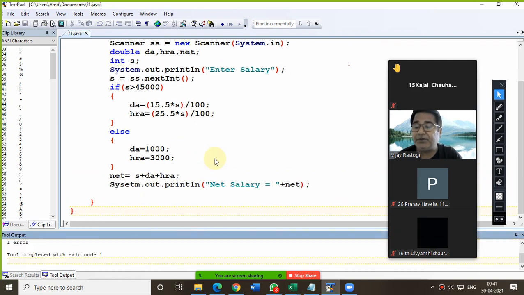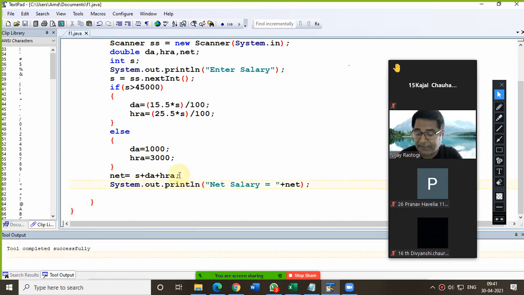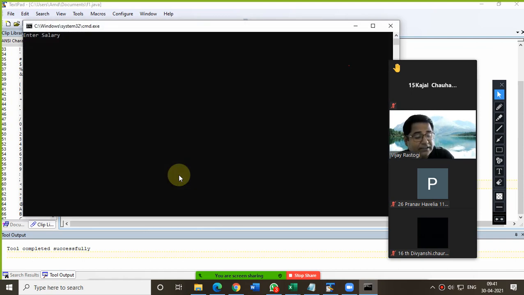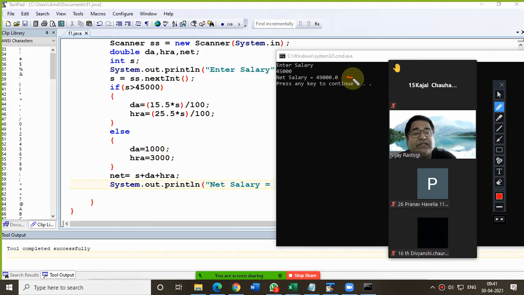Every time you need to remove the errors, then again you need to compile. Then at last we are getting the error-less program now, right? So after that, the salary you are putting is 45,000. In this case, what would be the output? The output must be 45 plus 4,000, that is your 49,000 must be coming out. Am I clear on this?